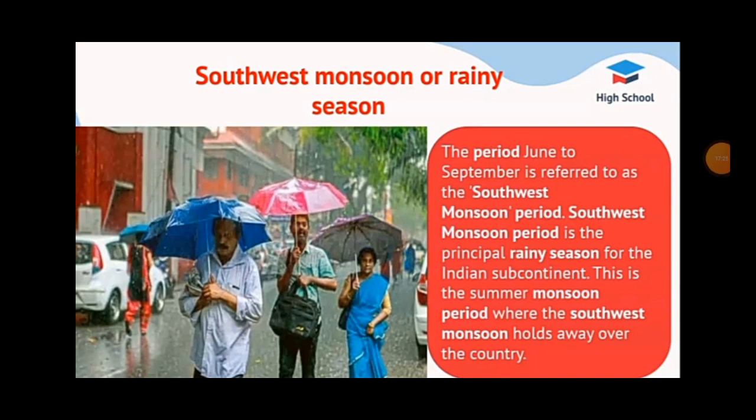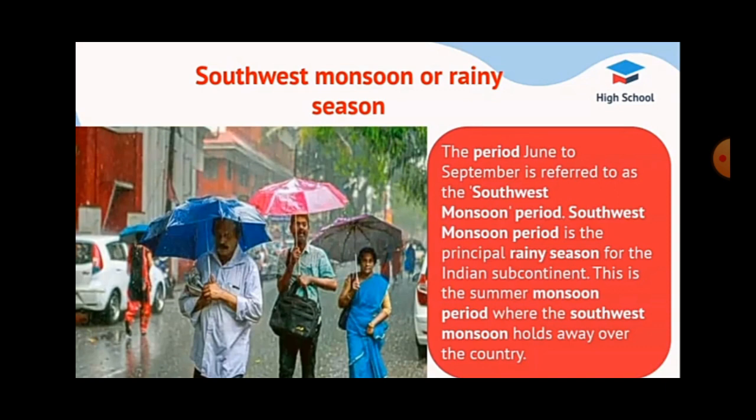The southwest monsoon is the most significant feature of Indian climate. The onset of the southwest monsoon takes place normally over the southern tip of the country. The monsoon is influenced by global phenomena like El Nino. El Nino is an abnormal weather pattern caused by the warming of the Pacific Ocean near the equator. This is called the El Nino effect.